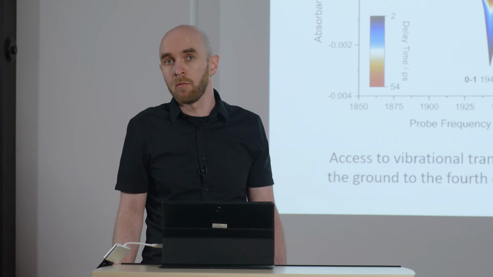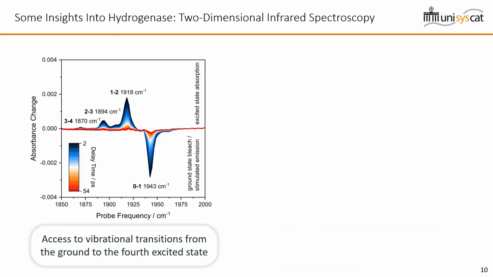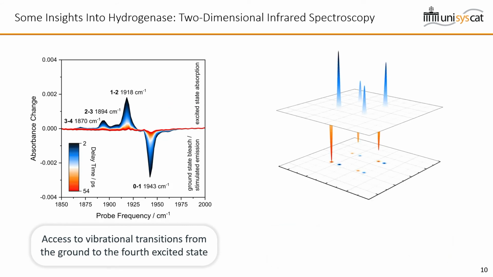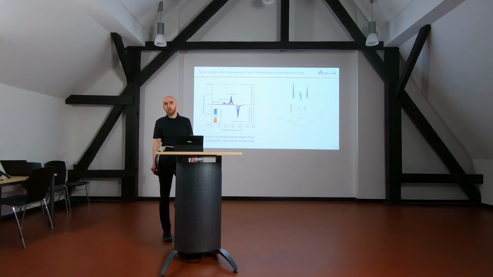So now that we've seen some type of data we can extract from pump-probe spectroscopy, we may also refer to 2-dimensional infrared spectroscopy. What is important to remember here is that all these signals that we see will typically be projected into this plane here so that we can easily recognize this. And if we do this for this carbon-oxygen vibration we've just discussed before, then the spectrum will basically look like